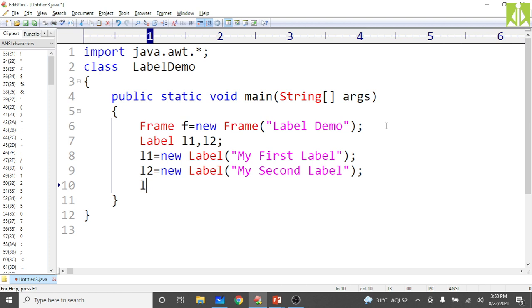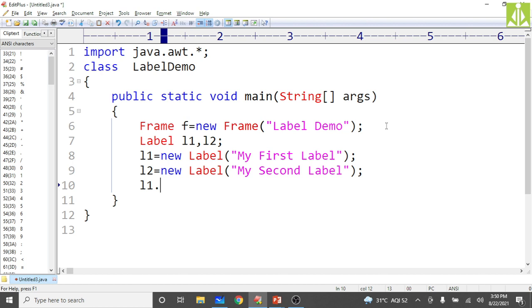We have a set bounds method that will give the exact location where you want the label, the x, y coordinates. That is how much from the top, from the side, from the left side, from the right side, how much space you want to leave, and where exactly you want to position this label.